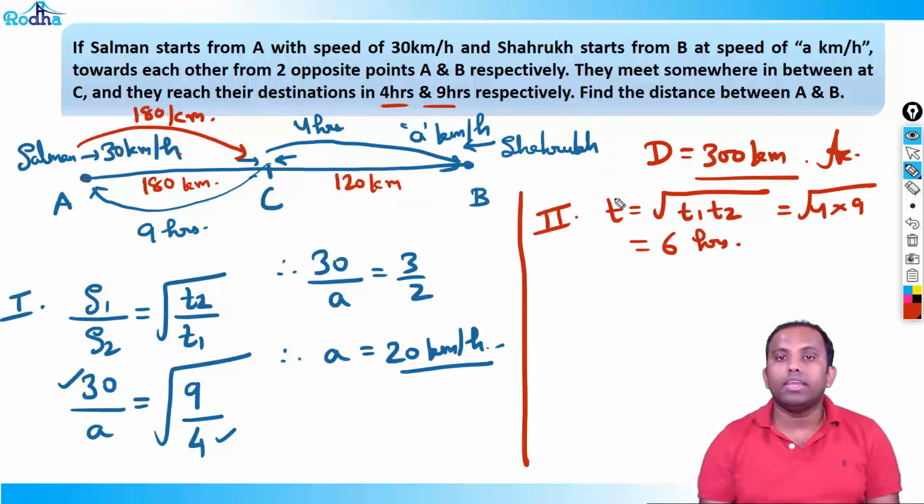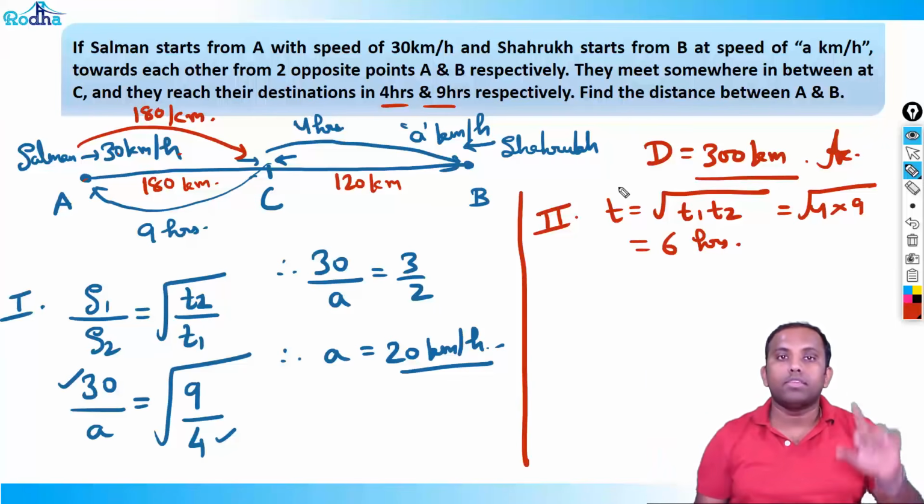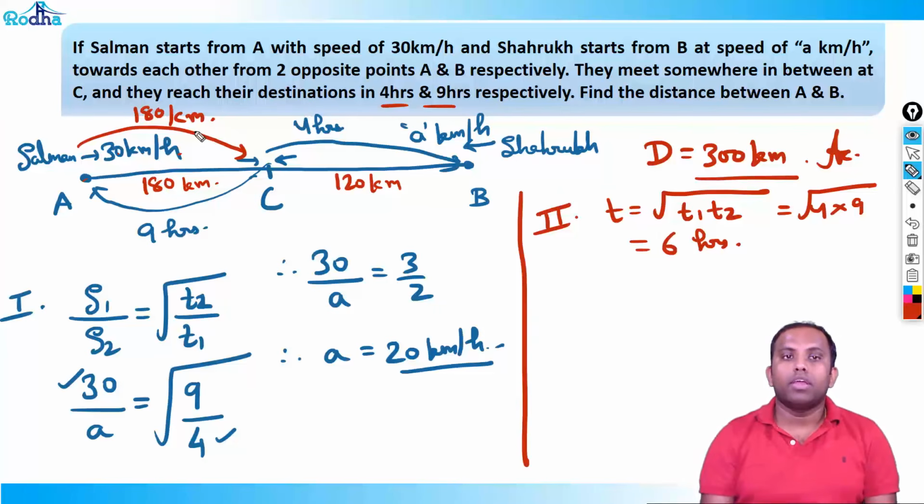Don't forget that T is the initial time taken. That means initially, both started at some point and just after 10 minutes they first met, right? So T is the initial time taken for both of them to meet at some point C. So Salman traveled for 6 hours to reach 180 kilometer, and Shahrukh traveled for 4 hours at the speed of A, right? So I know that after their meeting,